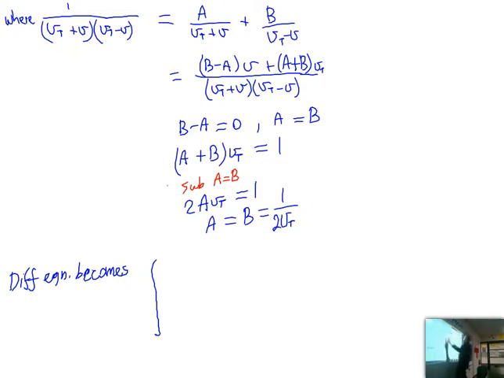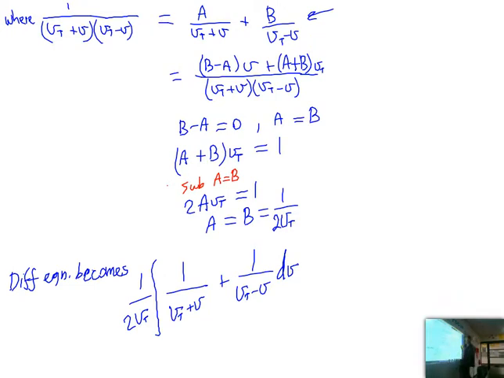So because a and b are both the same, then in our separation of fractions, we've got the 1 on 2 terminal velocity in both numerators, and it's that constant 1 over 2 Vt that we can bring out the front, and we'll have 1 over terminal velocity plus velocity plus 1 over terminal velocity minus velocity, and integrate that with respect to velocity, equals, and then on the right